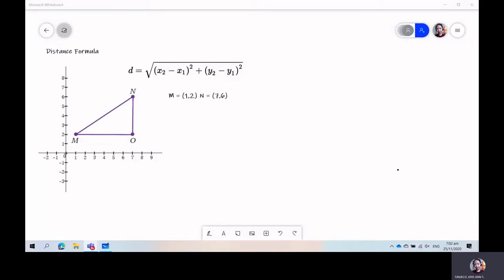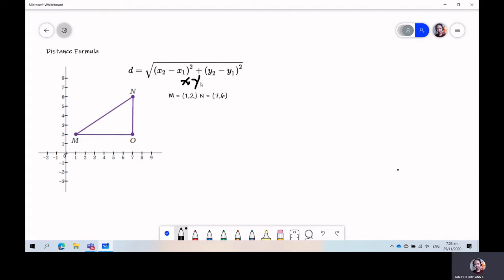In this video, we're going to talk about the distance formula. So first, the question here is we need to find the distance between M and N. First thing we need to do is to find the coordinates of M and N, the pair of points with the M and N. And then we need to label them, which one is x sub 1 and which one is x sub 2. So I'm going to label this one x sub 1,